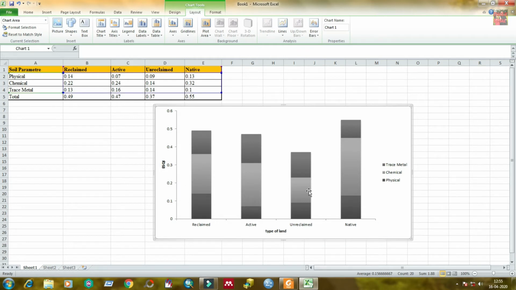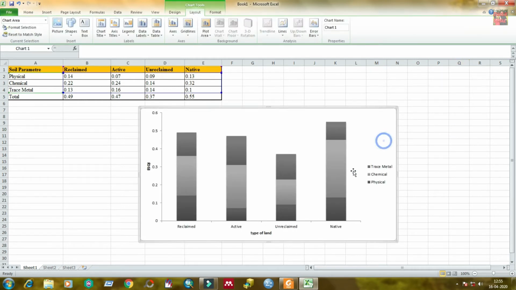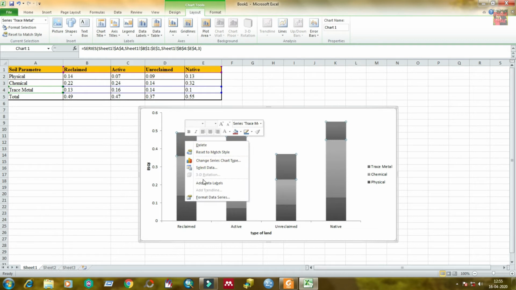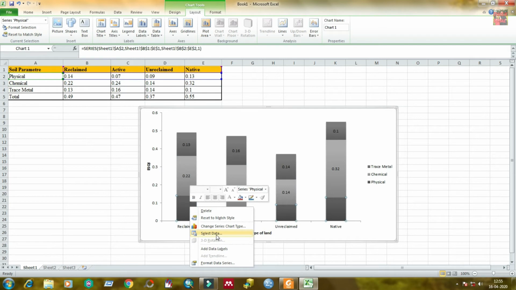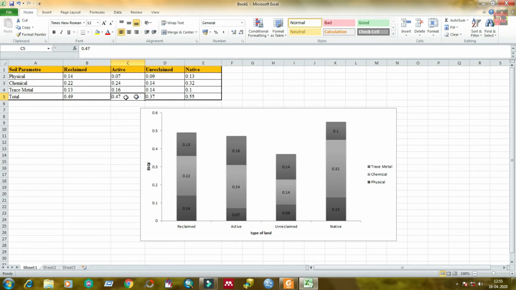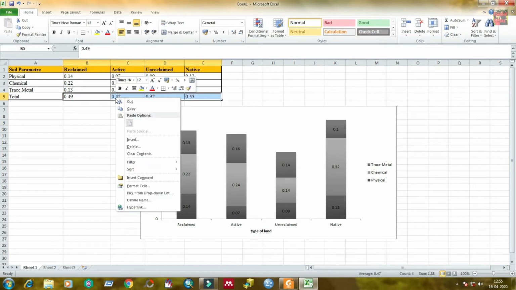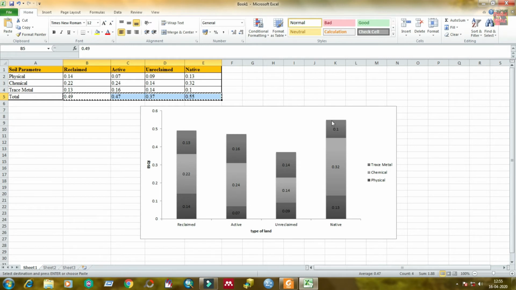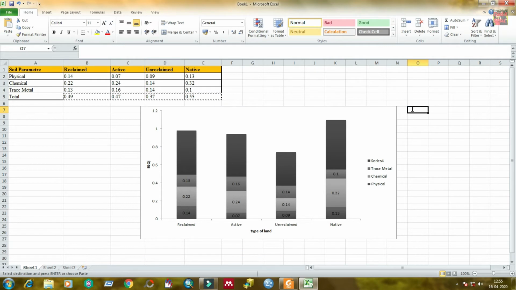Now I am going to add labels. You can do that by right clicking on each bar, but we are unable to add the total data for each parameter. You can see that the label has already been shown, but I am not able to add the total data. After copying this data, you need to paste it into your stacked bar graph that I have already prepared. The total value has been added to this stacked bar graph, and if I label this data,